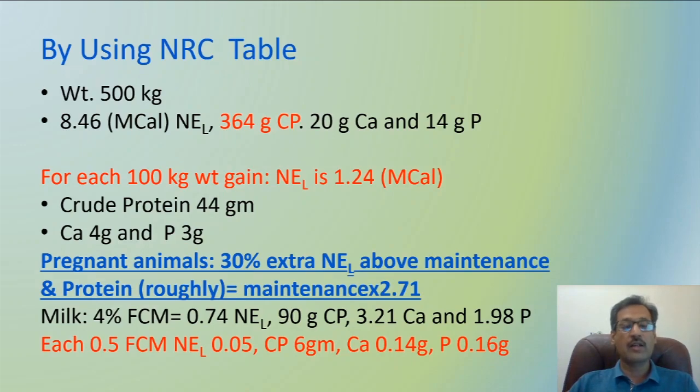We have already done the calculation for 4% fat corrected milk. So you don't need to go for this 0.5 FCM value. You simply convert the milk into 4% butter fat and do the calculation. So these are not available in the feeding standards table or elsewhere. This is what I have done for your practical class, so that you can do your calculation whenever you feel difficulty or you do not have the feeding standard with you.